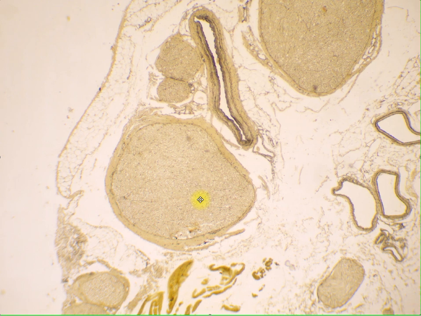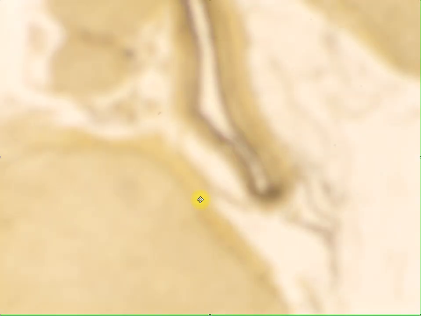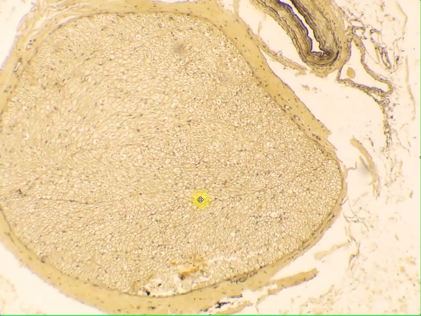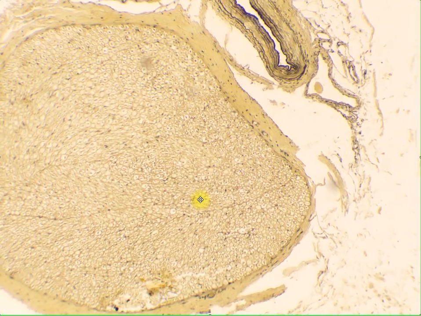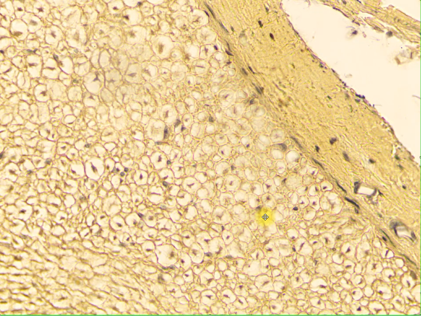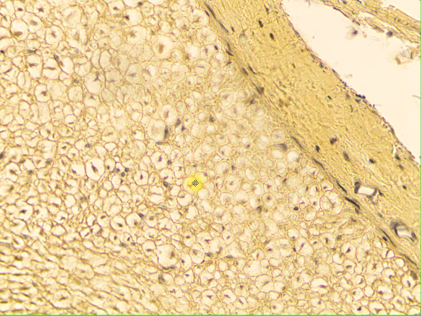your individual axons. Under the cross-section, it is easier to appreciate your myelinated versus unmyelinated axons. Okay, so from this magnification, you can already see the dark dots, which is your cross-section of your axons, and the surrounding white areas, which is your myelin sheath. Okay, under 400x magnification, again, you will see your axons and your myelin sheaths, okay?